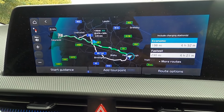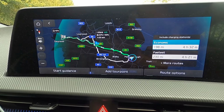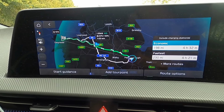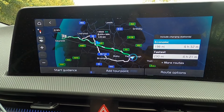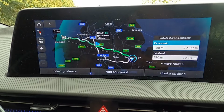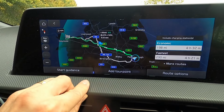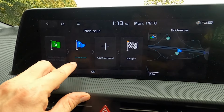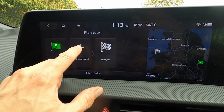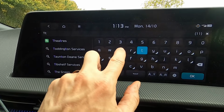But of course with Tesla, which is what I was really focusing on, it doesn't work this way because the Tesla charge points aren't seen in the Sat Nav as charge points. You can search for them, so you can find them, but they are not charge points. So if I go back to add tour point, I take out my Grid Serve and I go add tour point, search, and then I go,